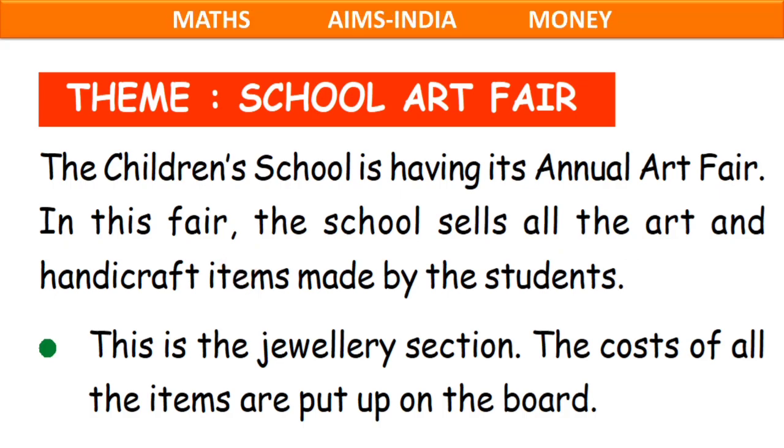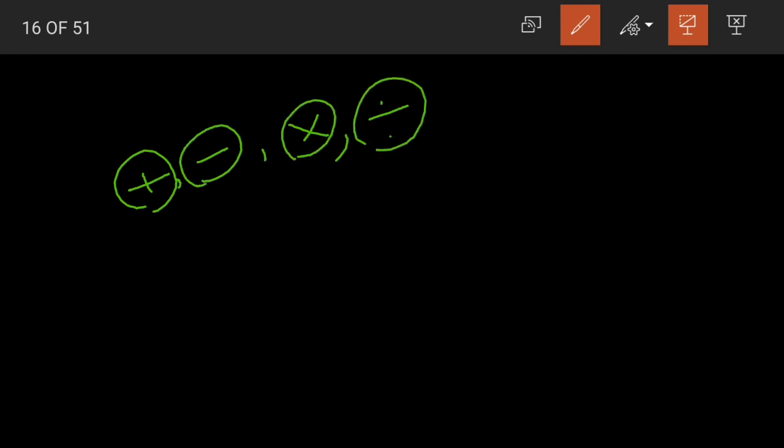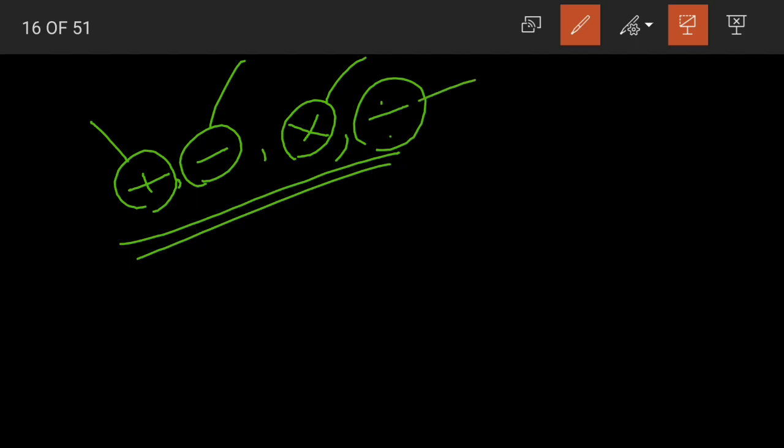What are the operations here? Yes, what are the four basic mathematical operations? Addition, subtraction, multiplication and division. Now how to add, subtract, multiply and divide money. Yes children, we use money in everyday life, right? Whatever we want to buy, or we want to eat, or we want to see a movie or something, we always deal with money. So it's important that we know how to add, subtract, multiply and divide money here.